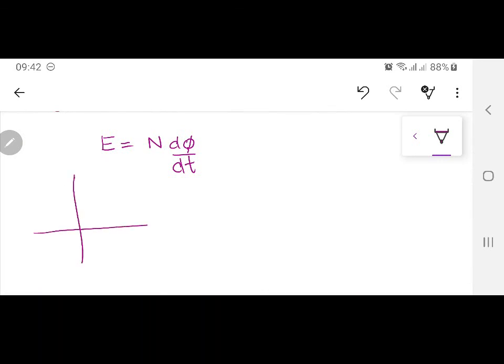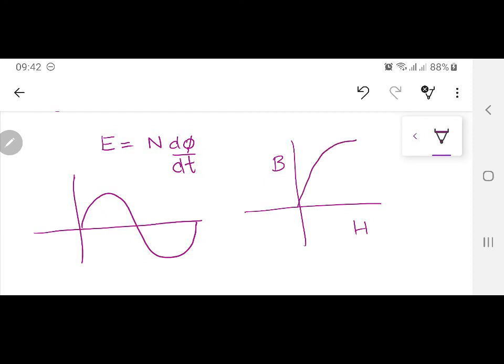We know the flux inside a core is sinusoidal. Why it is sinusoidal is very important. Practically it is never sinusoidal, because the BH curve of any material saturates after some time. So I am assuming that this proof is not going into the saturation region; I am only in the linear region of the material. When I am in the linear region, it will certainly be a sinusoidal wave, no issues on this one.